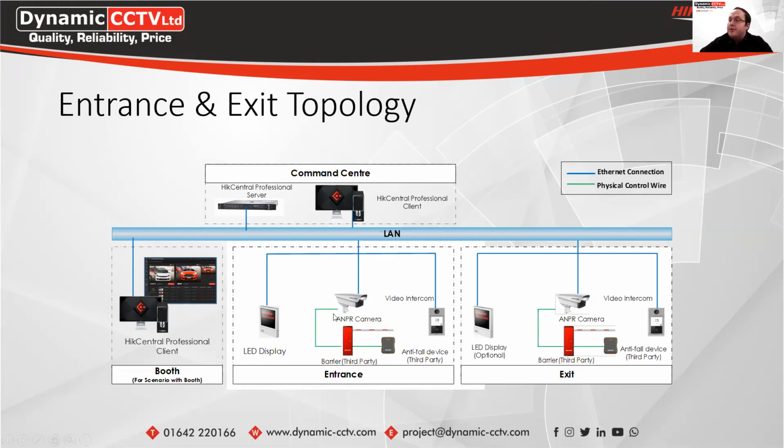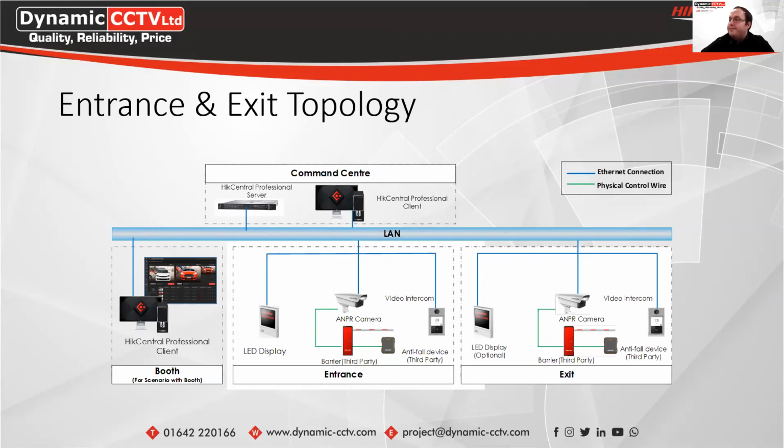So with this, we can link up to an LED display. So this can show the license plate of the vehicle or the person's name as the vehicle is detected, or it can show the number of free parking spaces for the car park. You can then link it into your barrier. So you can use one of the Hikvision barriers for car parks, or you can link into a third-party barrier using the alarm output relays on a device, or using an access controller or an intercom door station. You can link that through the system as well, and you'd also have the same on your exit as well